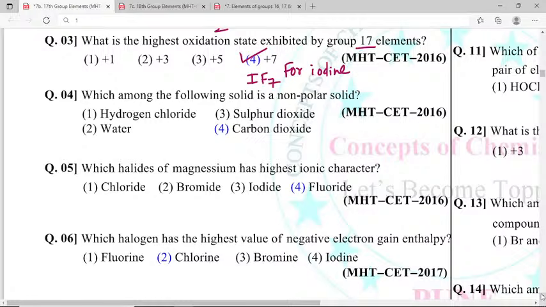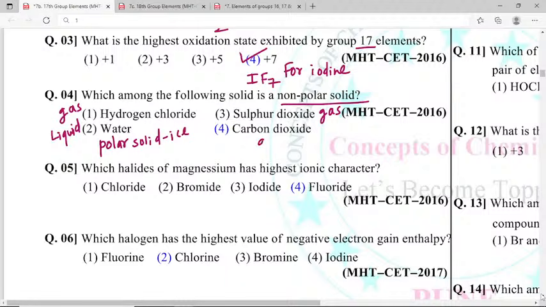Which among the following is a non-polar solid? Here SO2 is a gas. Water is a liquid, and on cooling it becomes ice, a solid, but it is polar. Ice is a polar solid. Sulfur dioxide is a gas. Carbon dioxide is a gas, but